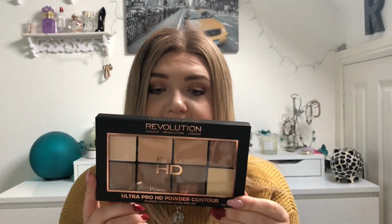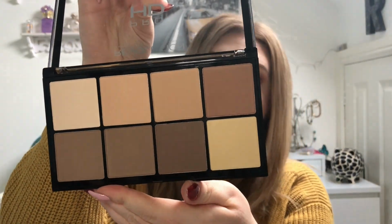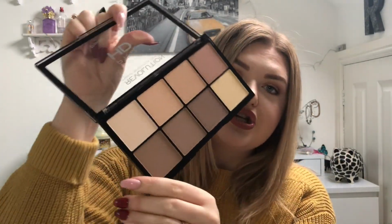And this is in the shade Light Medium, which is perfect for me. So at first when I opened it, I thought it was going to be cream, which I was a bit disappointed about, because I don't really use cream products that much, but it is powder, and there's a good range of actual different colours in it, so I think this will be really good for all the different colours. And I'm definitely excited to try out these two for setting underneath my eyes,